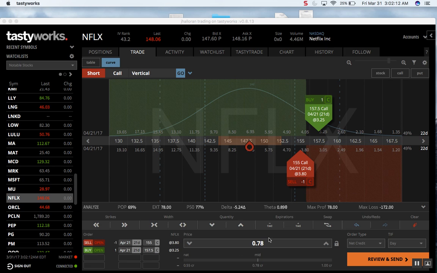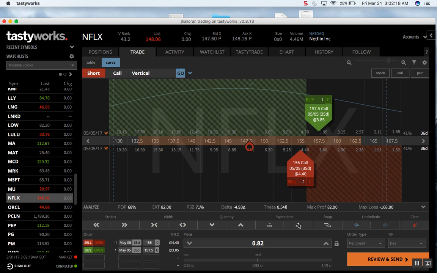The other thing that I have to do here is up the time. So under the expiration you can decrease time or increase time. And we like to sell 35-day options. Anywhere from 35 to 45 days works best for the strategy, and we actually get more credit for that as well. So now that I'm comfortable with my risk and my reward and my probability of success, I would hit